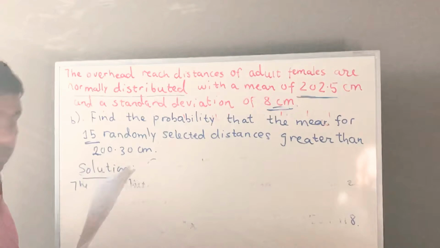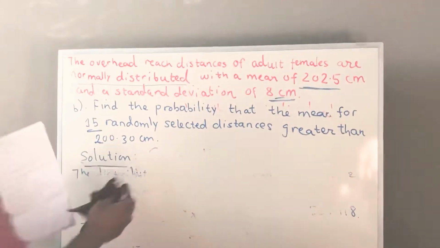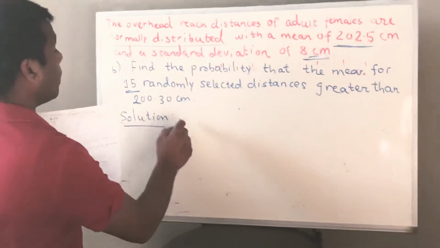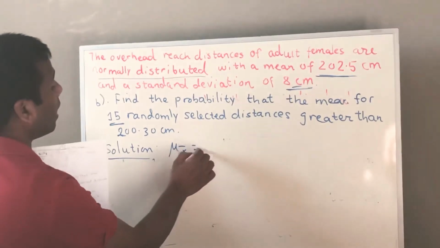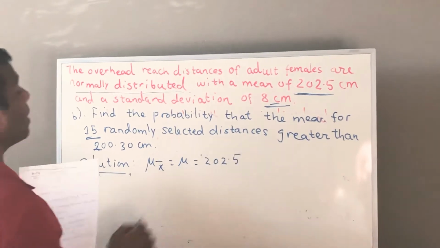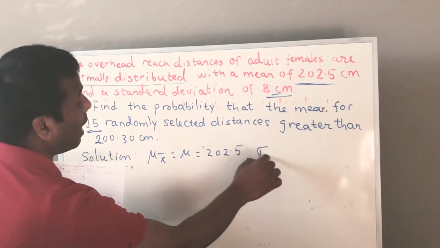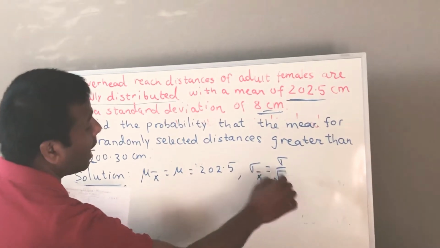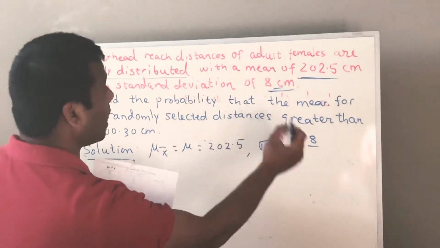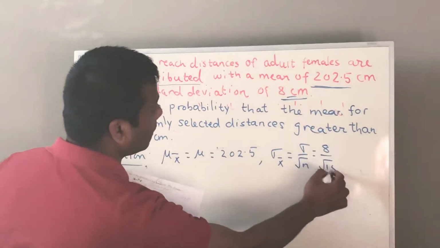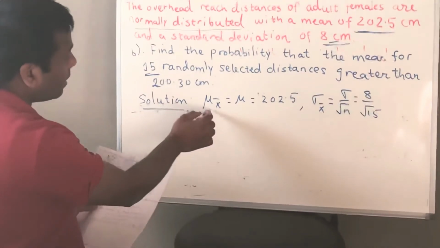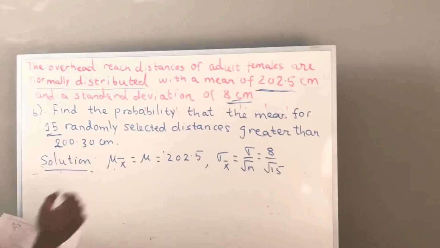So what you have so far is mu x bar equal to mu, which is 202.5, and sigma x bar equal to sigma over square root of n, which is 8 over square root of 15, right? And so we have this, and then taking this mu x bar and the sigma x bar, we convert this